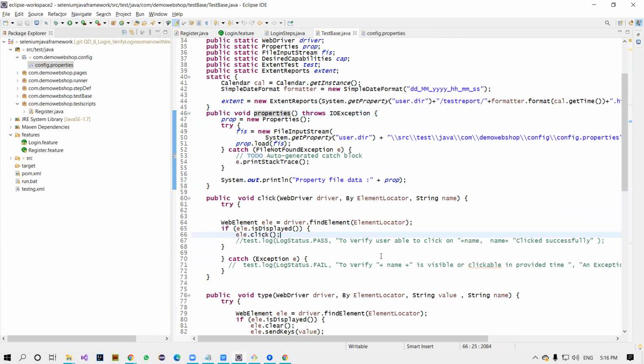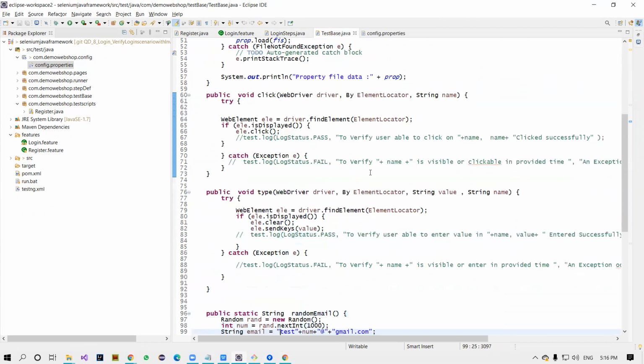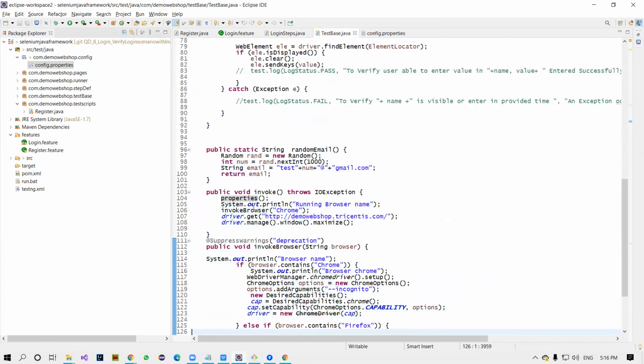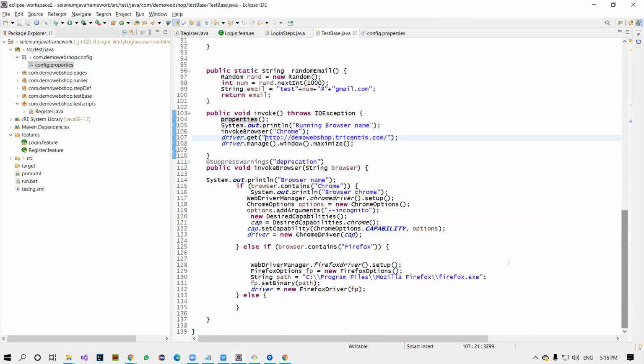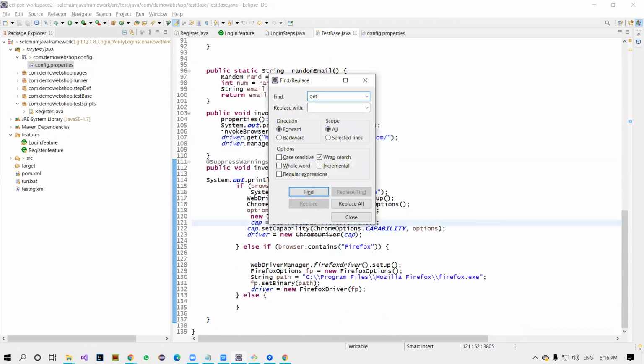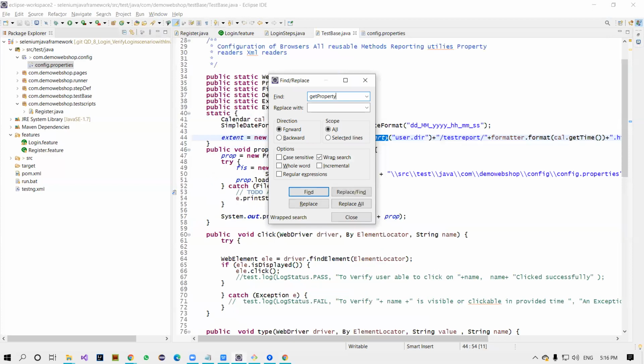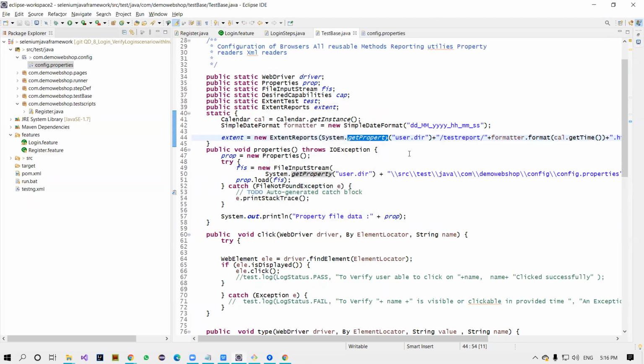What am I calling from this particular property file? Yeah, from this property file I'm calling the browser name. I think I'm not calling anything here. Let me search get property. The only one place I'm using it. Okay, no need to worry about that. I'm just giving this. All right.